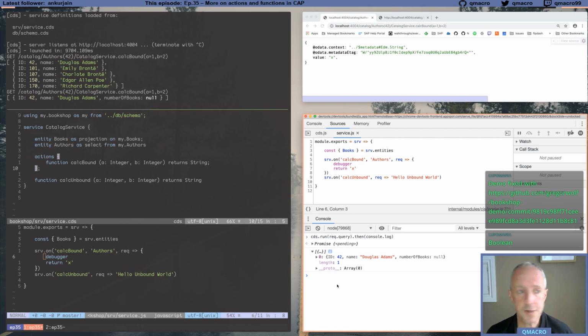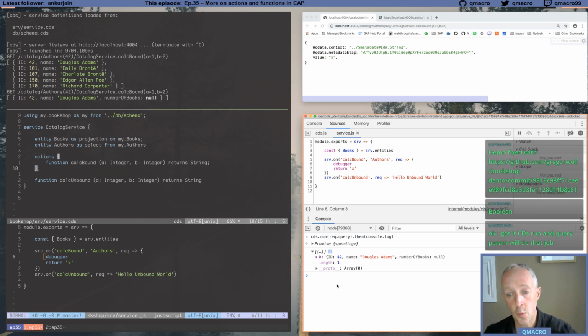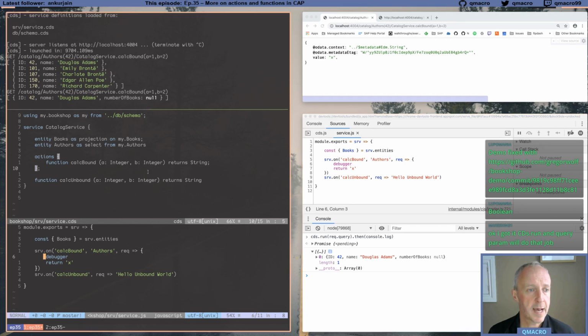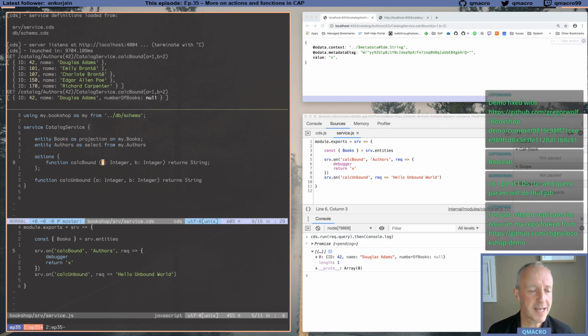Yes, so we get the context of the entity that we're running this bound function within through the rec.query. So why don't we use that and go over here and say, for example, Calcbound. Let's go up here and say Calcbound. Oh, okay. Why don't we do this? Well, there was something interesting in the last 8 minutes. So why don't we say instead